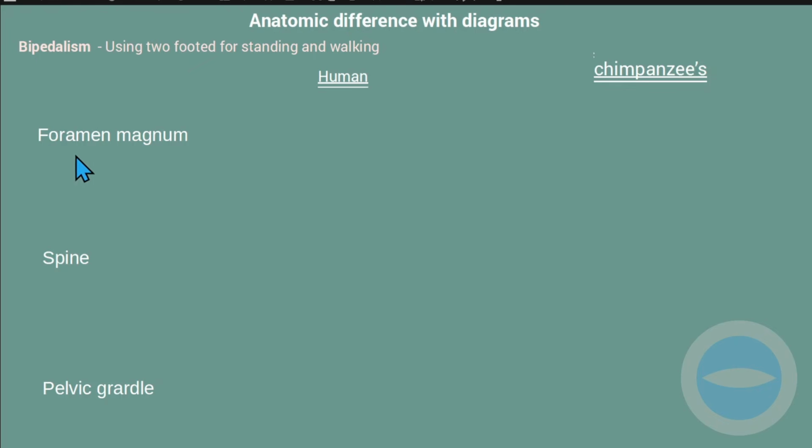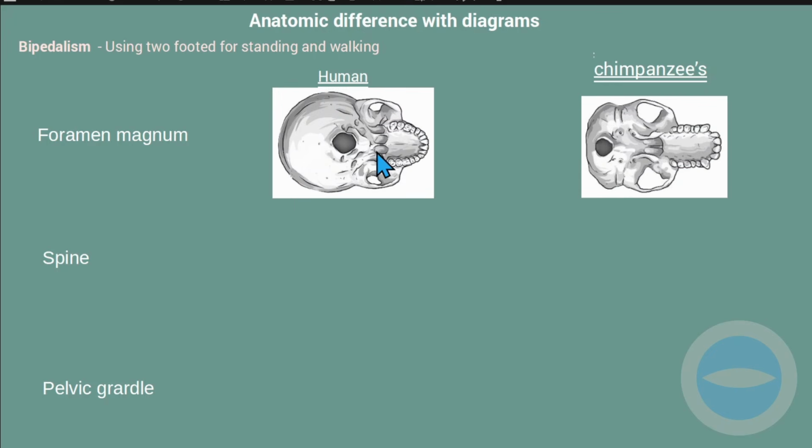So let's start with foramen magnum. What is a foramen magnum? A foramen magnum is the hole in the base of the skull where the spinal cord leaves or enters the skull, like this hole here. With us humans, this hole is at the middle of the skull, as you can see. And then in the chimpanzee, this hole is moved to the back. Here we have the teeth, and then the hole is here. So the foramen magnum in humans is at the middle, and then with the African apes or chimpanzee, the hole is